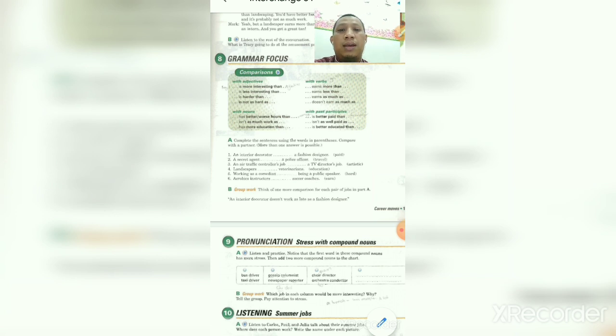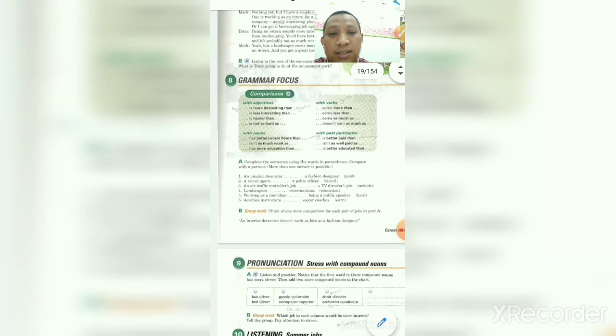So you use more if it contains more than two syllables, maybe interesting or beautiful. But if it contains only one syllable, you have to add -er after the adjective. For example, hard, harder: hard plus -er. Okay, next, we have to use this one first. Sorry,